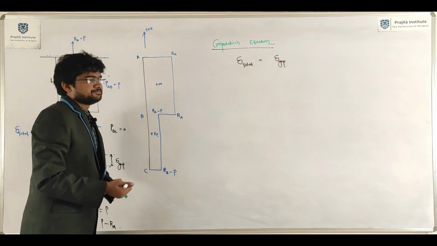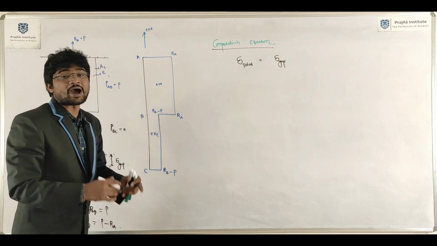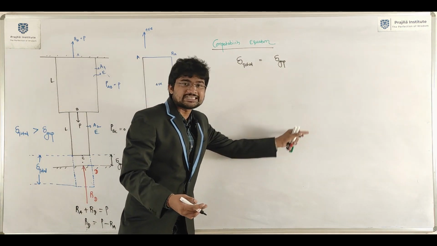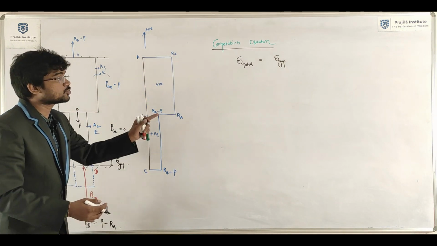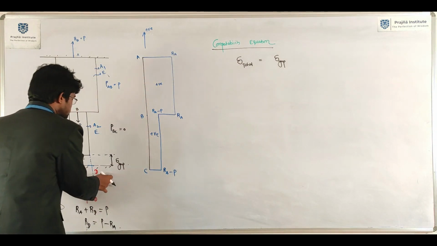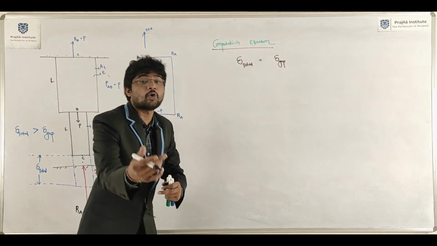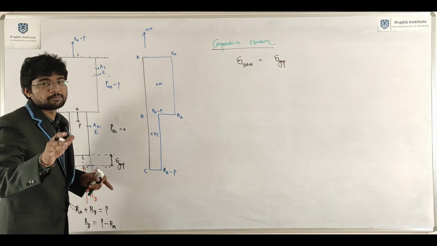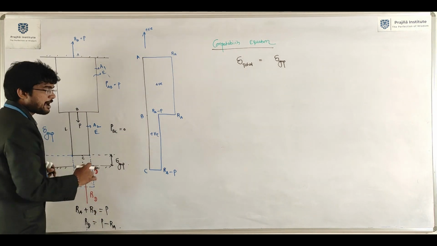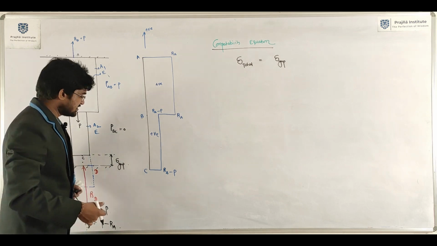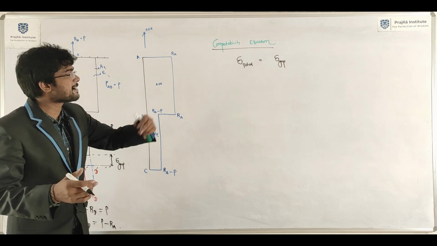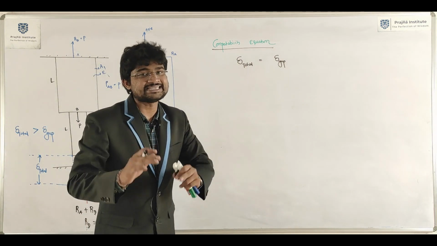By using the pseudo axial loading diagram, you need to determine support reactions. Focus on the compatibility equation. In this particular case, delta total is allowed up to delta gap. After that, this fixed support is not allowing deformation in the compound bar. If both ends are fixed, delta total equals 0; if delta gap is there, delta total equals delta gap; if there is yielding of support, delta total equals delta yield. Three compatibility equations for three different cases.